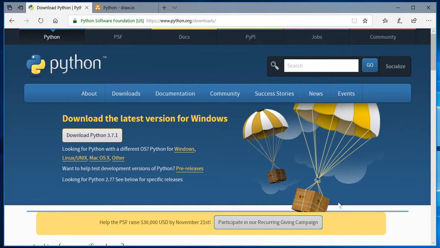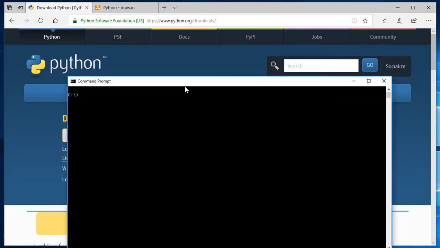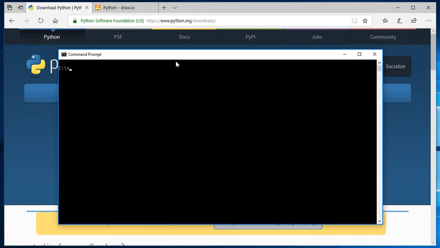So now we just downloaded Python. We installed Python onto our Windows 10 laptop, and at the same time I made sure we added that to the path. Now let's go ahead and confirm whether Python was really installed or not, and whether we are able to launch Python. So I'll go ahead and bring up my